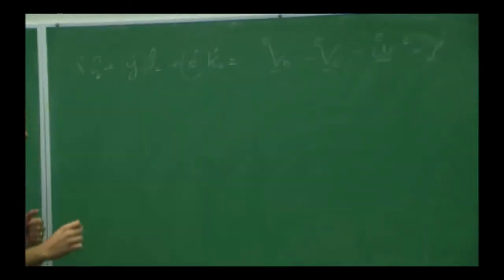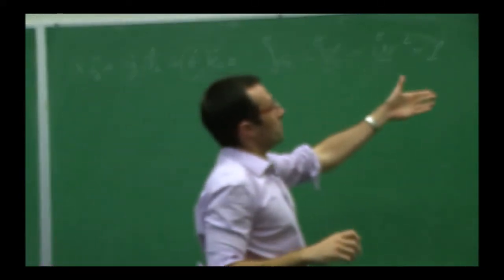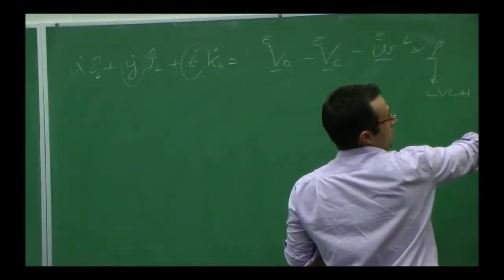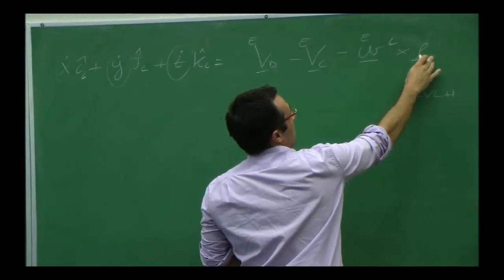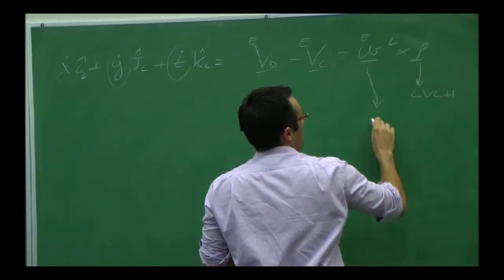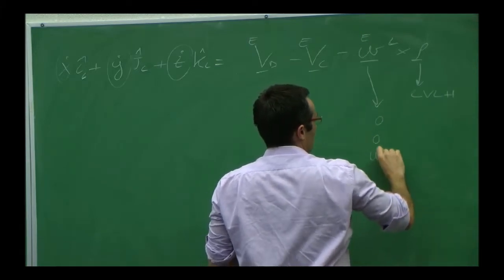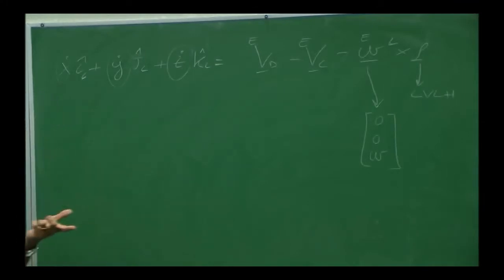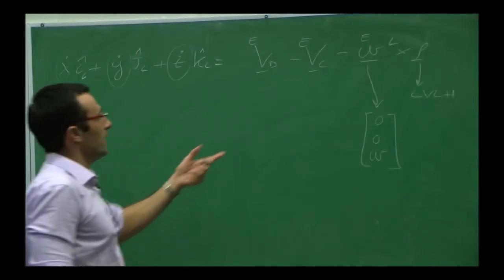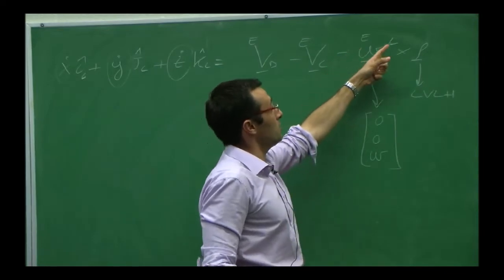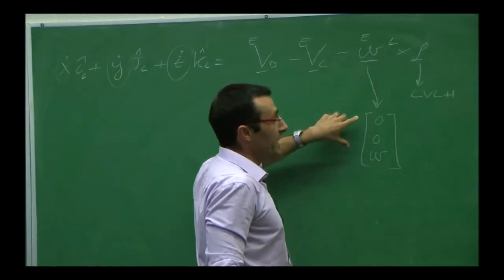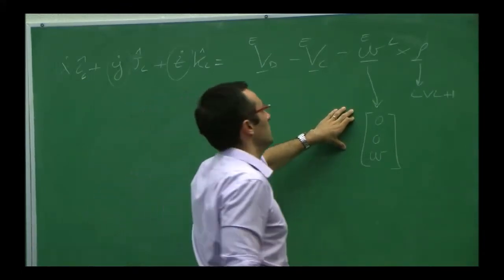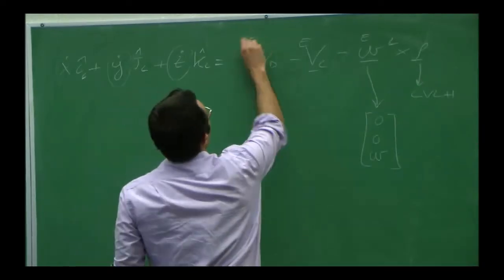Now, the only problem is that at this point in the procedure, you do have these already expressed in LVLH, right? I have done it. That's how you do it. So this is already in the right basis. This one, no surprise, this is 0, 0, omega. We said that the chief is in a constant circular orbit around the planet. And if I want to express the angular velocity of the LVLH with respect to E, we discussed this. In LVLH, that's what you get, 0, 0, omega. It's only a component. It's a rotation about the angular momentum vector. So these are the two guys.